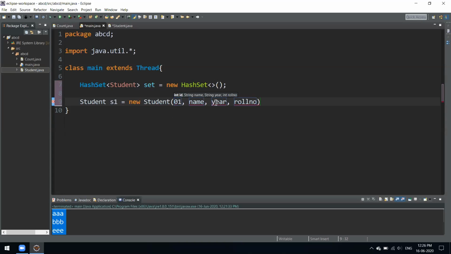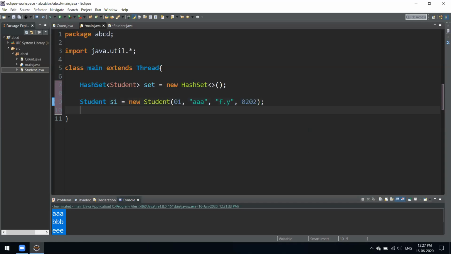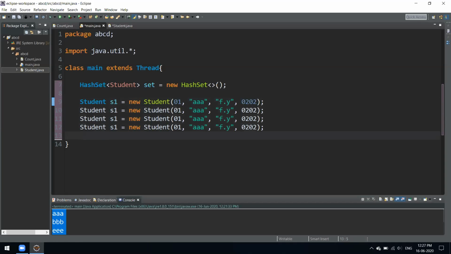Level 0, 1. Again, name could be anything, A, and it should be a string. Year would be FY. We could take first year, second year, whatever. Roll number also would be anything. We will create four different instances, and we'll try to put them into a hash set.